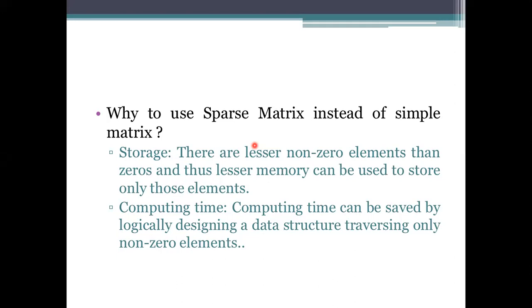And when you use the storage of that one, it will be much faster when compared to this one. Why? Because for accessing and representation we use another way to process that matrix, not the normal array representation. We use the triplet or linked list representation for processing. And the computing time will be less, because we are not taking all the elements into account. We are taking only some elements into that representation.